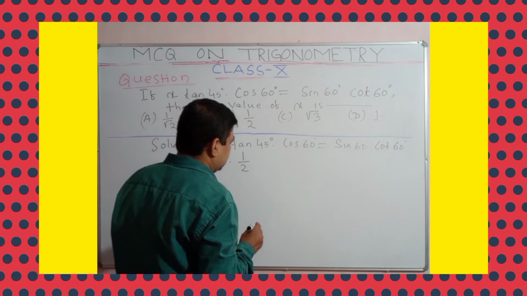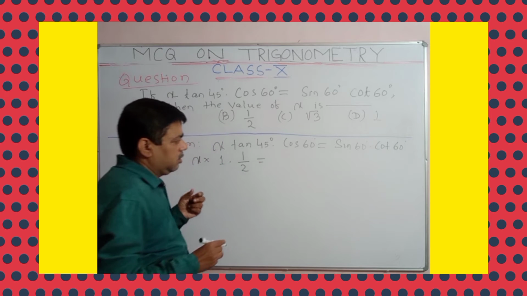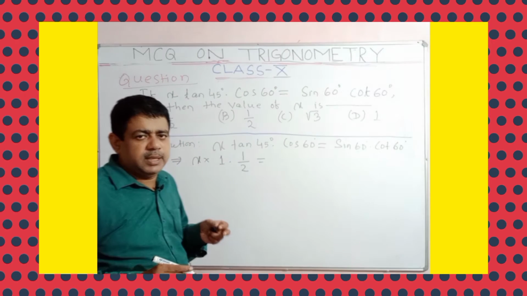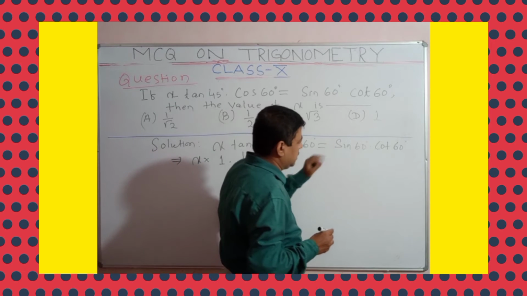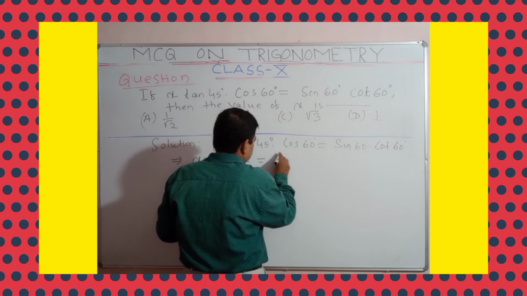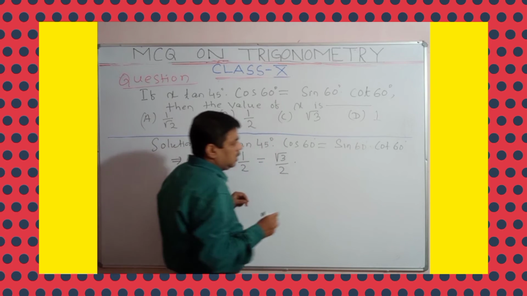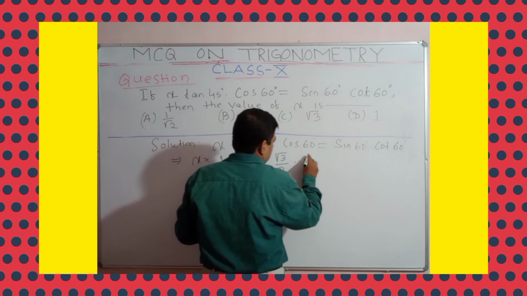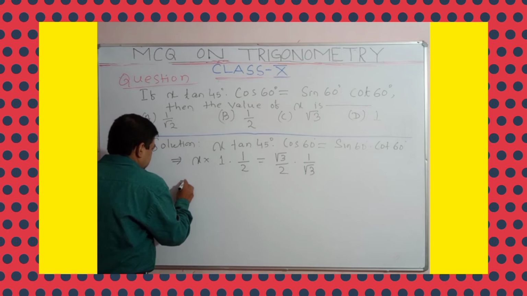That was a very interesting class on how to remember the trigonometric ratios of different angles. Already a class is done for you. You can go through it. Again, sin 60 degree is root 3 upon 2, and cos 60 degree is 1 upon root 3. Yes or no? Understand? So very simple.